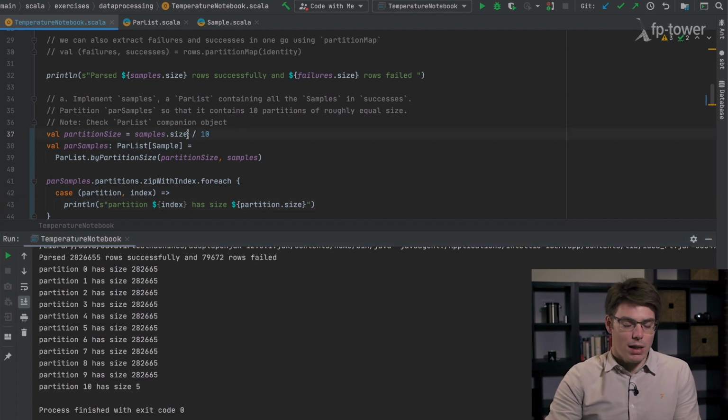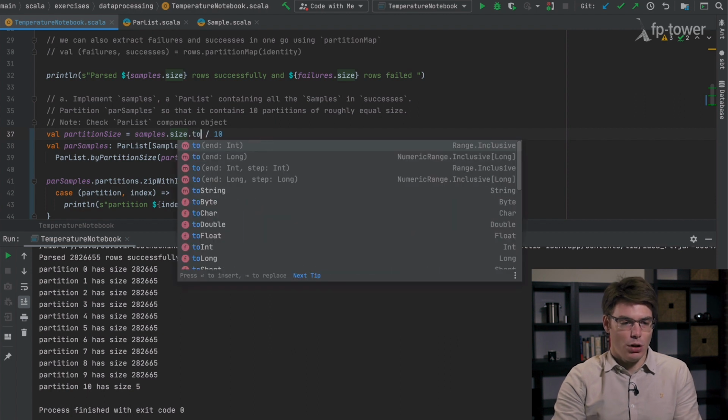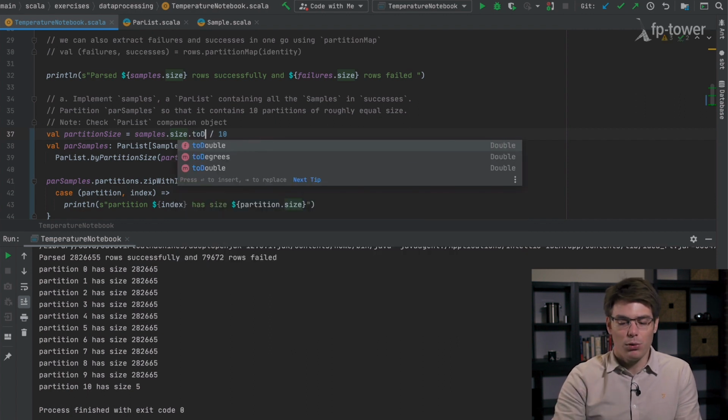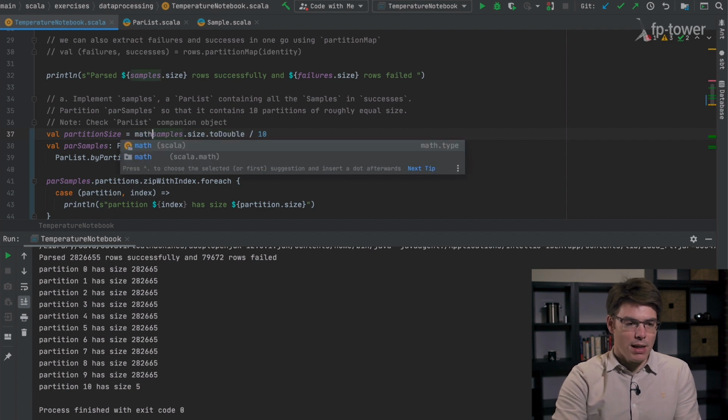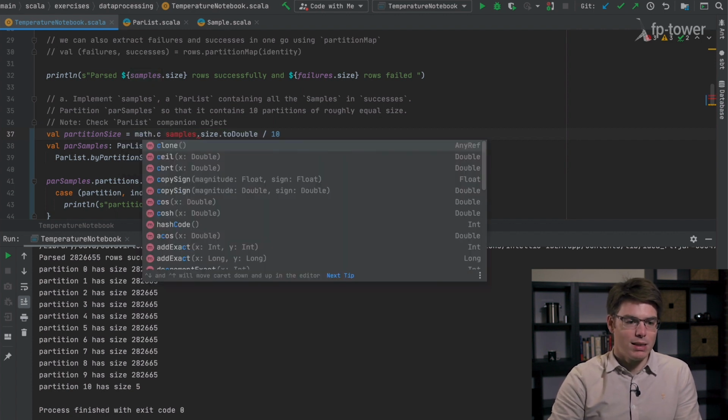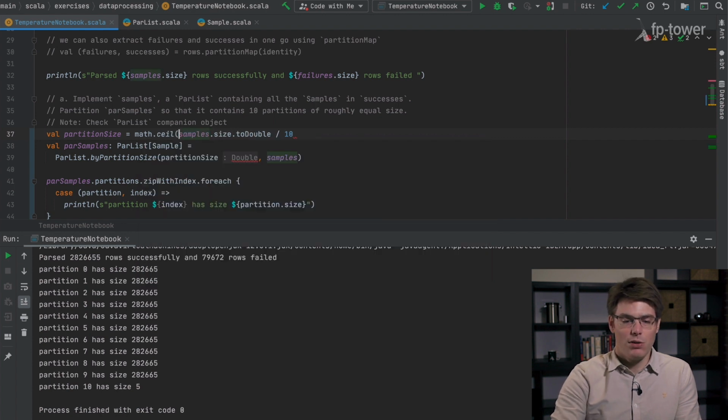So what we can do here is to transform this int into a double in order to get 5.1 instead of 5. Now, in the math package, there is a function called ceil, for ceiling, that will give us the first number above. This will return a double, but we know that this double is an integer, so it's safe to say toInt here.